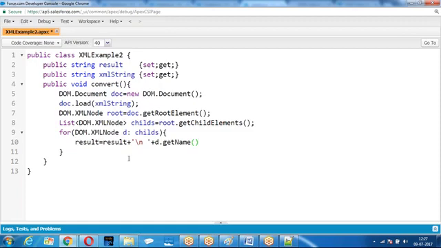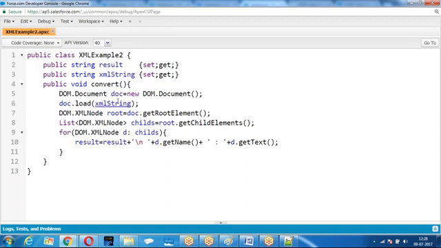Get the name of the element plus d dot get the value of the element. So understand this point. Get name, name of the element. Get text, value of the element.